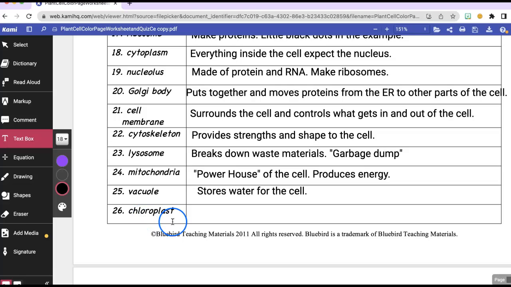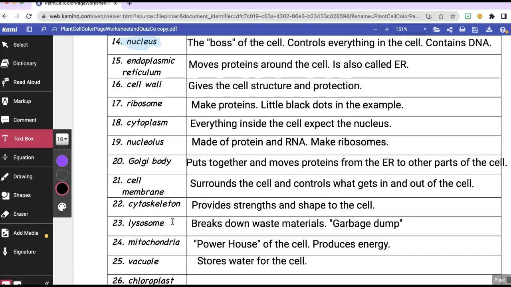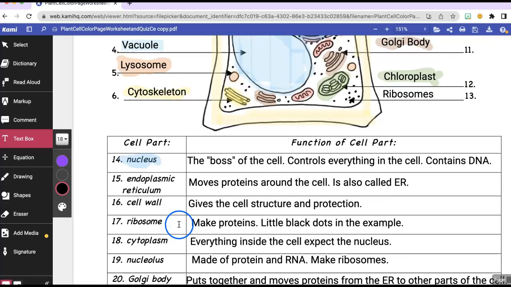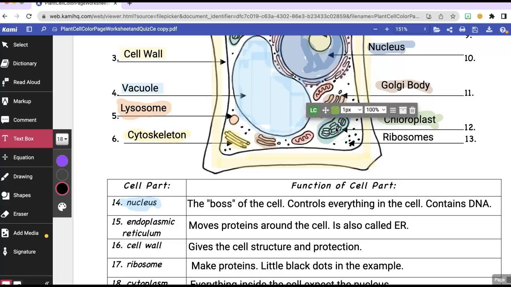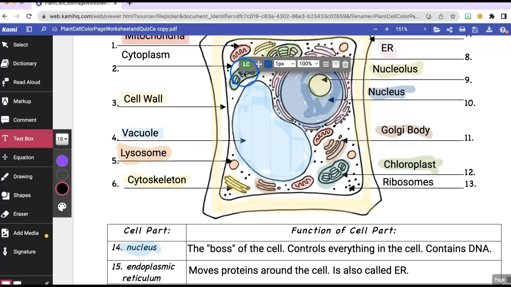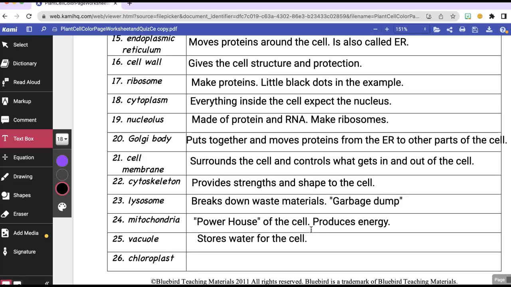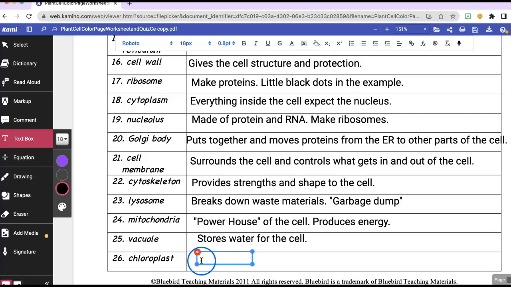Last but not least are the chloroplasts. Now, chloroplasts are only found in plant cells, okay? So the chloroplasts are right here in our example, right here and right here. Now, you must realize that chloroplasts are only found in plant cells, and they produce something called glucose for the plant. So let's write down the function. And glucose, guys, is kind of like food for the plant. Let's write only found in found in plant cells,